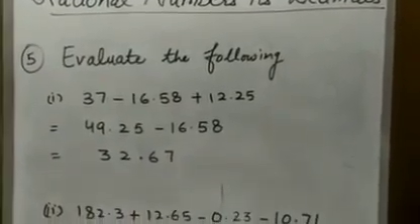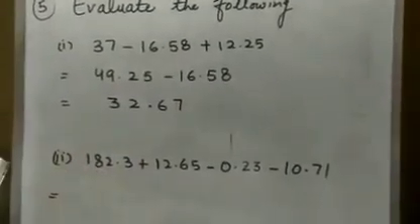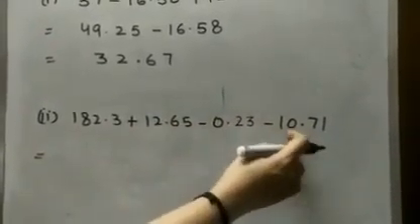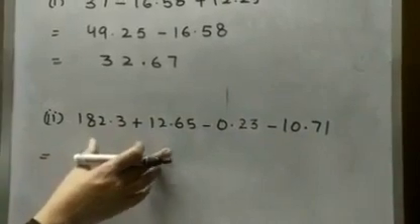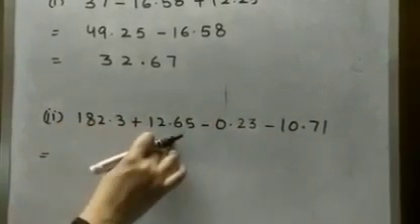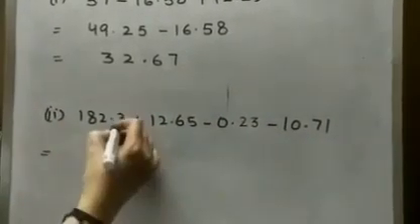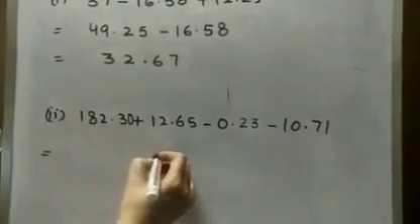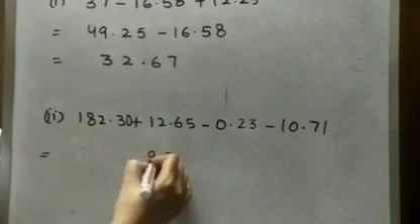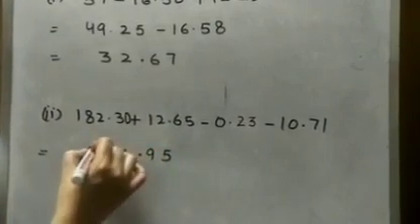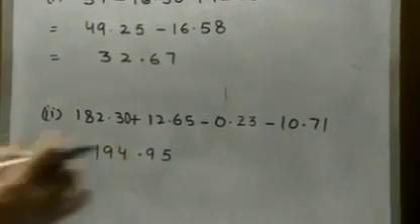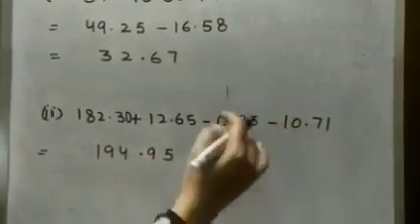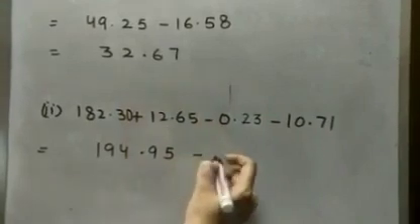I'm taking one more example. In this again we have to move according to the BODMAS rule. We are having 2 positive numbers and 2 negative numbers. According to BODMAS, first of all we are going to do addition. These 2 positive numbers will be added separately. If you are not comfortable you can place 0 over here. 5, 9, 194.95. These 2 numbers are negative numbers, but both are negative, so first we are going to add them and then put a negative sign in front of that number.